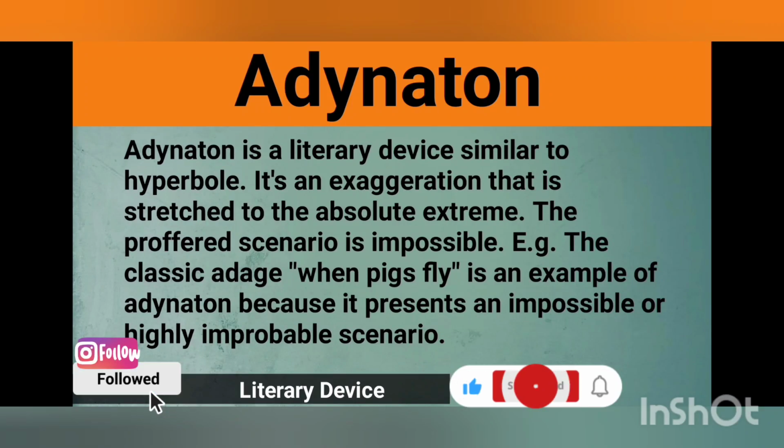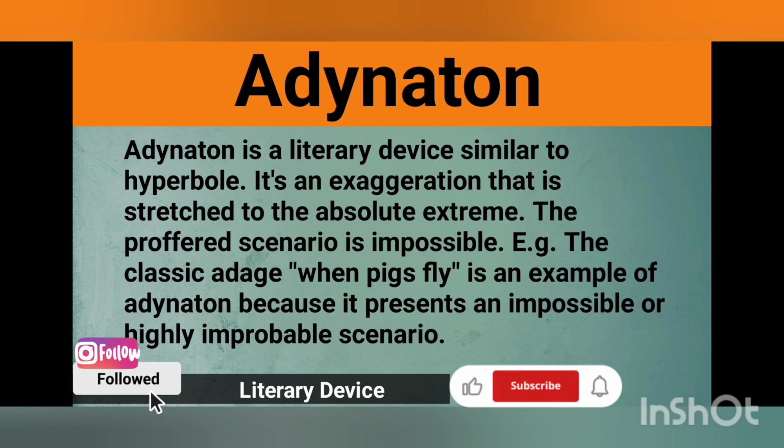Okay, let's get started. Now we are discussing what is Adynaton. Adynaton is a literary device similar to a hyperbole. It's an exaggeration that stretches to the absolute extreme. The described scenario is impossible. For example, the classic phrase